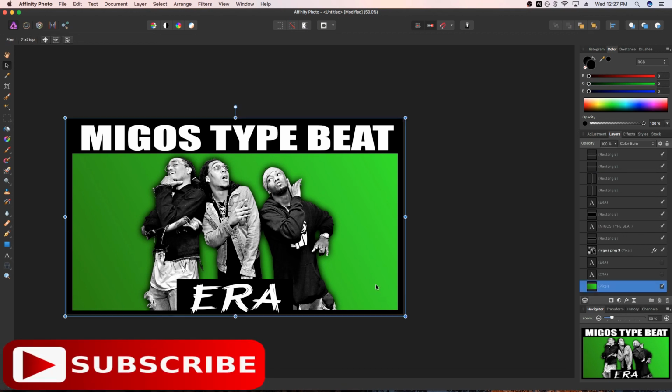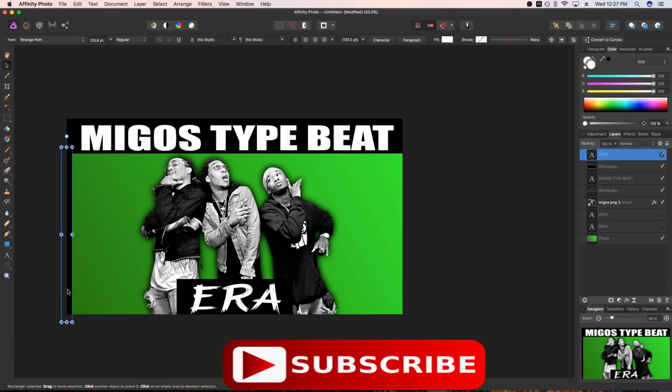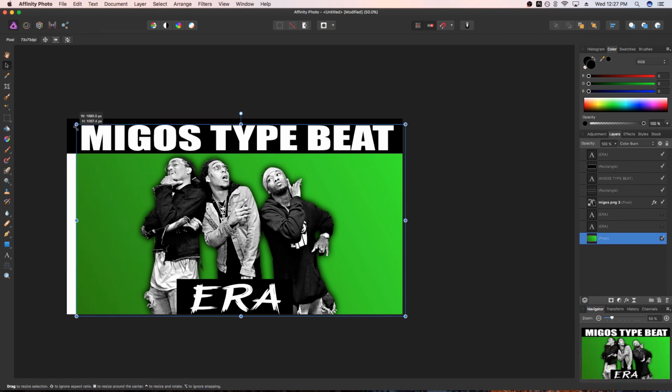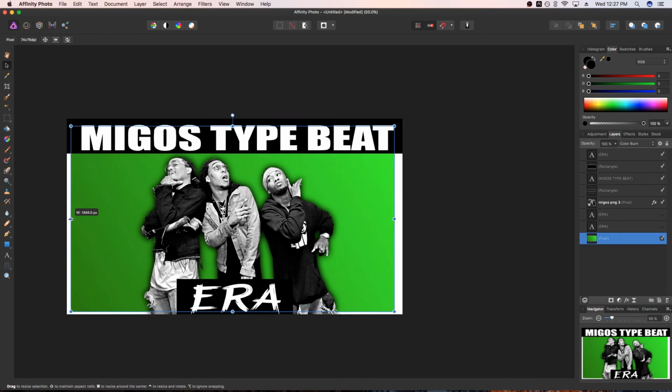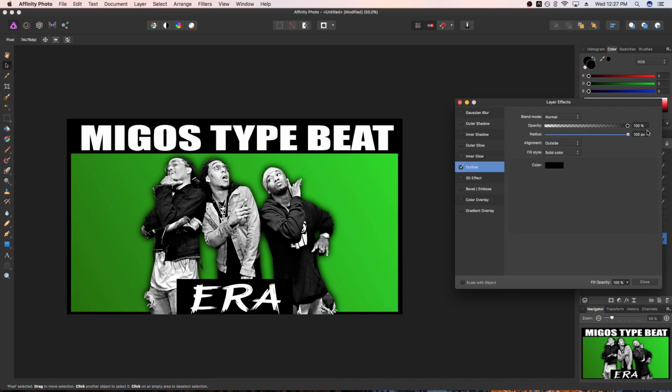If you're not confident doing that, what you can do as well is hit delete, delete, delete, delete, and then proportionally shrink this, put this right there, make the edges where you want them to be, and then you can click this effects button and go to outline, click on outline, and then you can fill it like that and